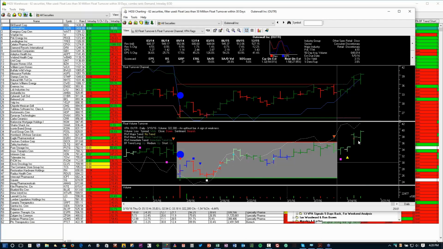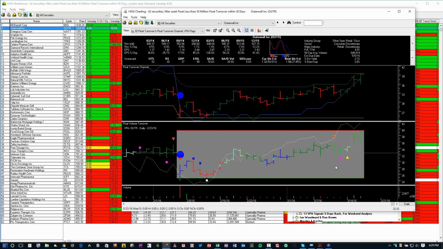Okay, here is that transfer of ownership. You can see that it gapped open. It traded down. The close was below. Here's the open, here's the close. So the close was below the open and volume picked up. That indicates that there was some profit taking. But it doesn't look like it slowed this stock down because it opened just slightly lower, then it closed near the high of the day, but it did it on lighter volume. Still, there are some